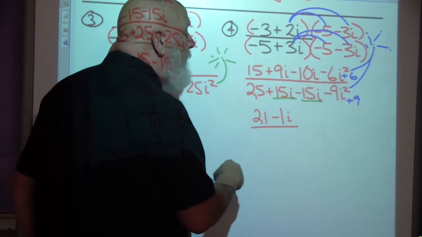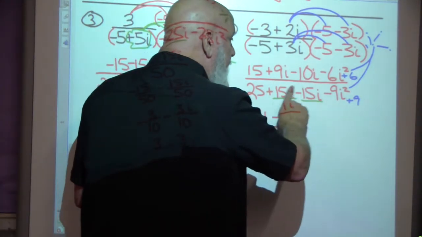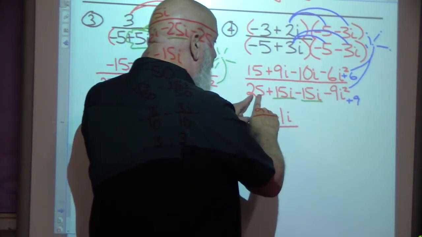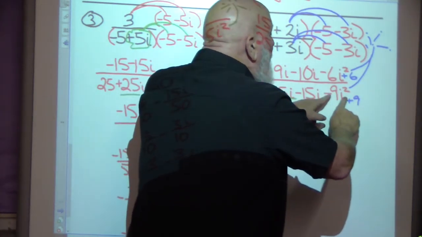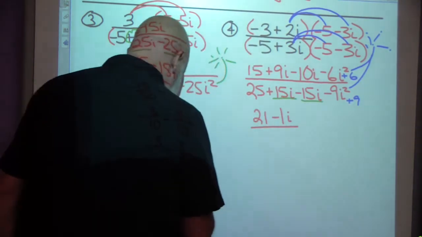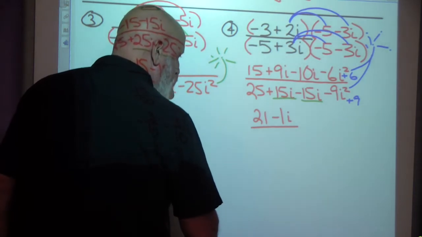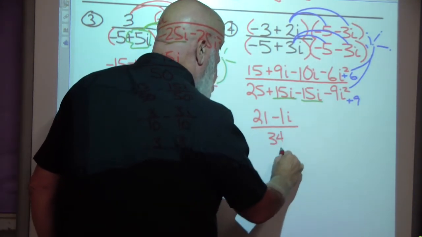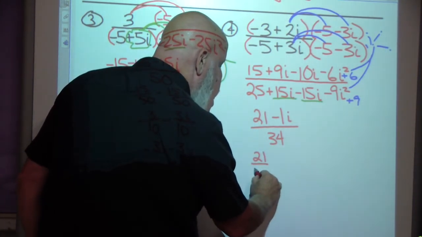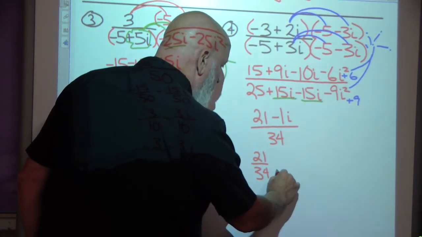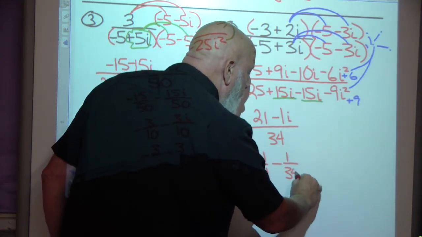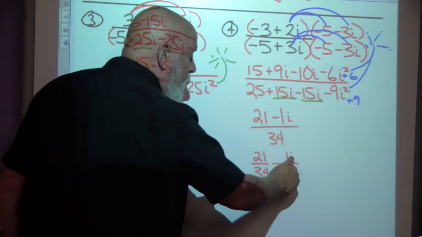It leaves the denominator a real number, because this will happen every time when you multiply a complex number by its conjugate. So we got 25 plus 0 plus 9. This is negative 9 times negative 1. So 25 plus 9, I think that's 34, I hope. And I'm going to write that as two fractions, 21 over 34 minus 1 over 34, and you could call that 1i over 34, but I personally like to put my i